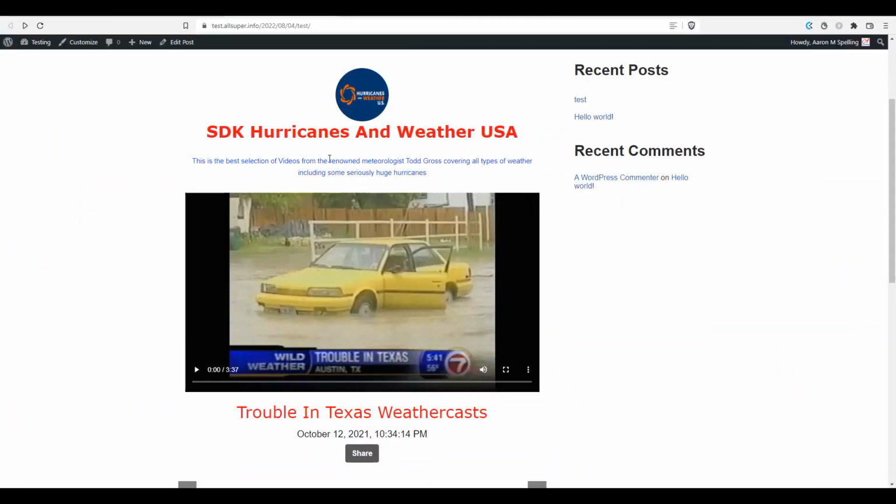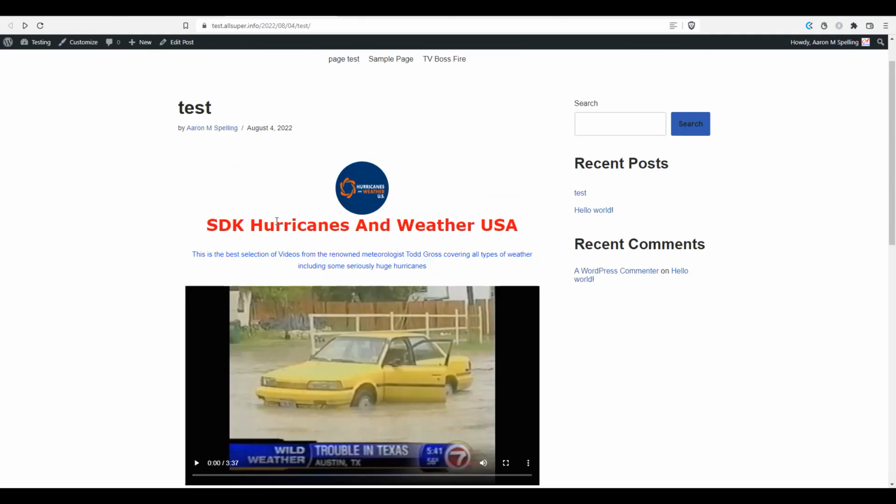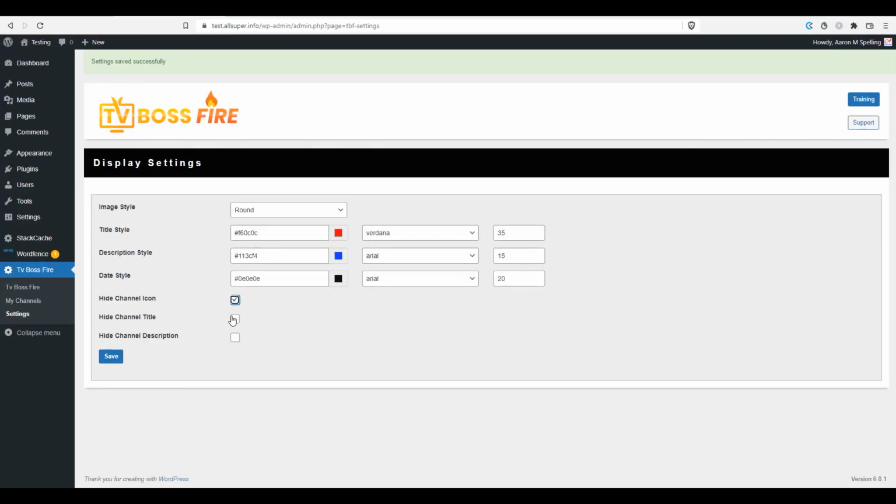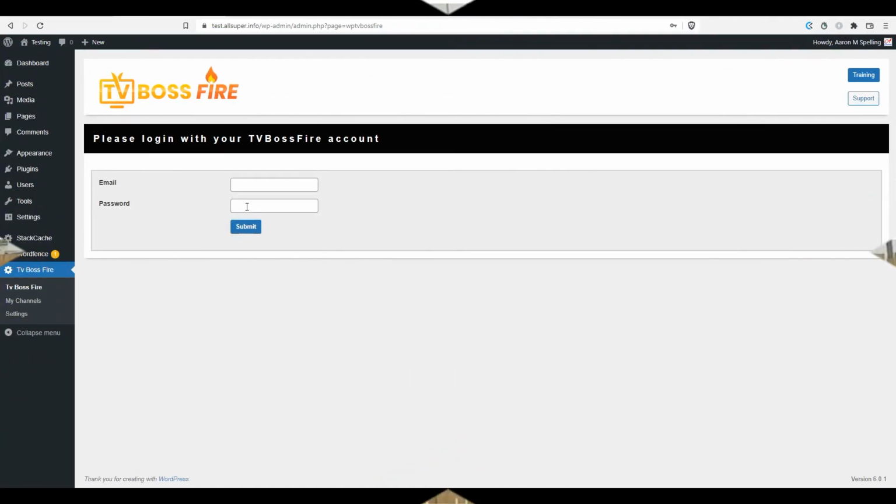Remember that if you want to add another channel, you must repeat the same process. And you must fill in your email and password and import your channel. Of course, we have a white label plugin for our agency users who also have the white label upgrade. Now let me show you what it looks like after installing the white label plugin version. Contact the live support and ask for the white label plugin.